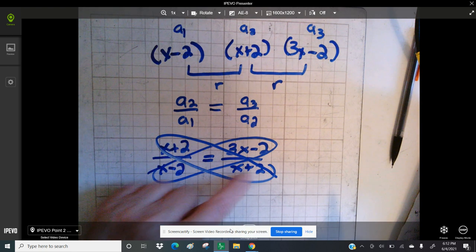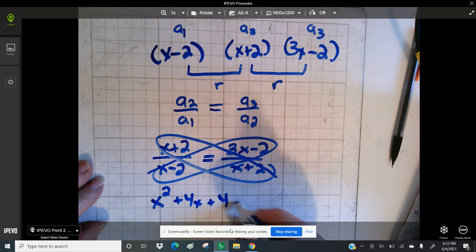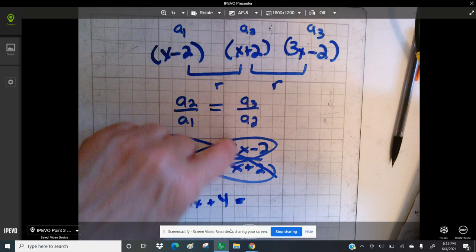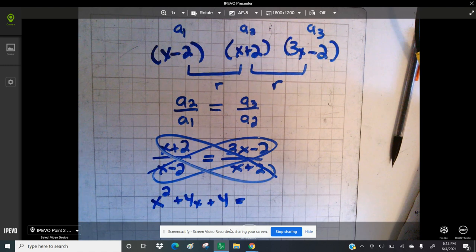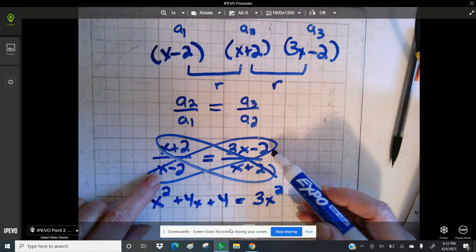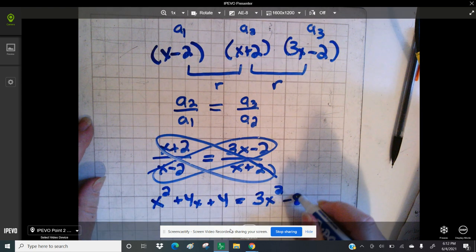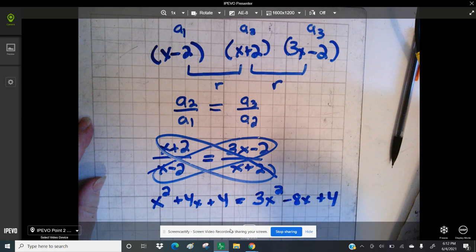So x plus 2 times x plus 2 will be x squared plus 4x plus 4, and I'll set that equal to 3x minus 2 times x minus 2. So this will be 3x squared, minus 2x plus a minus 6x, so that'll be minus 8x plus 4. Well, now I have a quadratic equaling a quadratic. So all I have to do now is